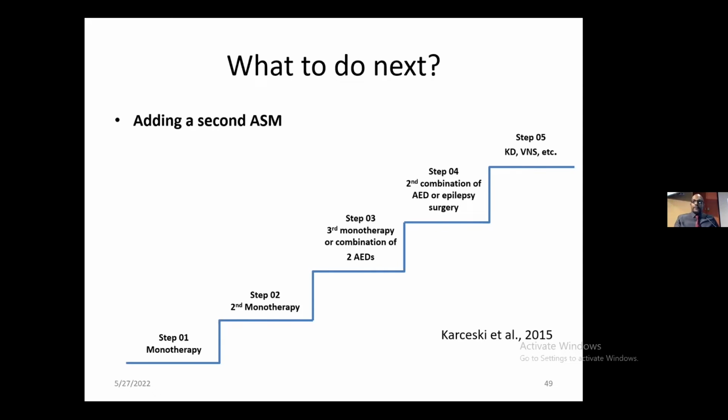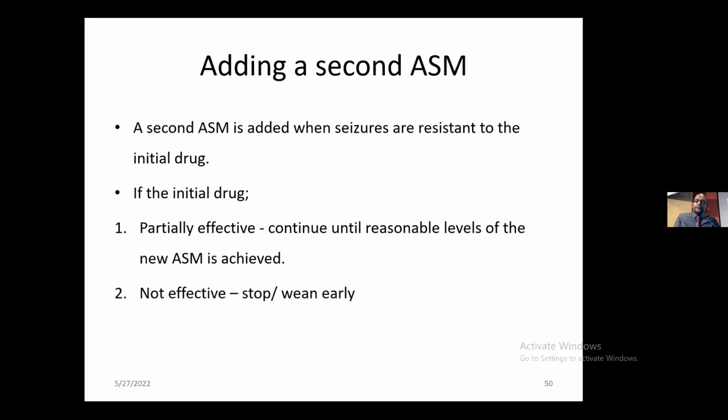It's a stepwise approach, starting from the first monotherapy, the second monotherapy, adding on by step 3, and step 4 would be the second combination, and step 5 is definite pharmacoresistance. So you are supposed to go ahead with an alternative mode of treatment. So if we are going to add a second anti-seizure medication,